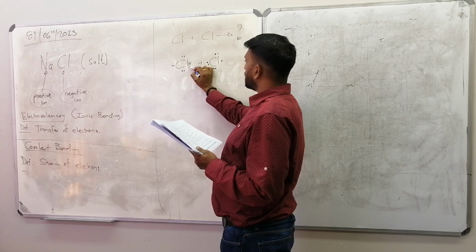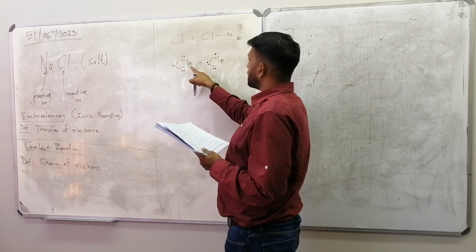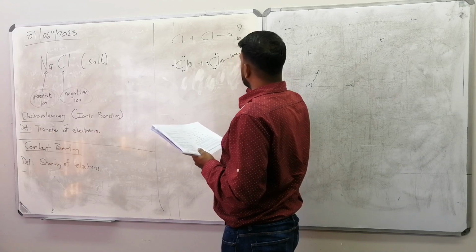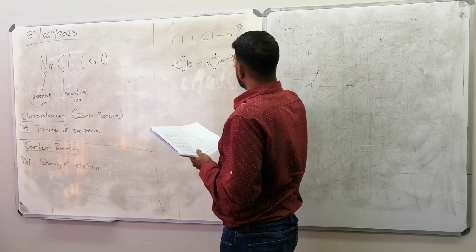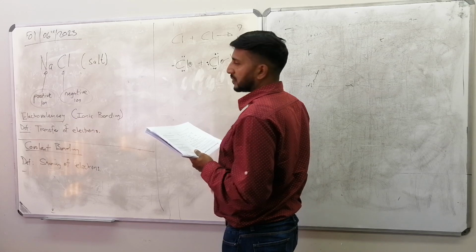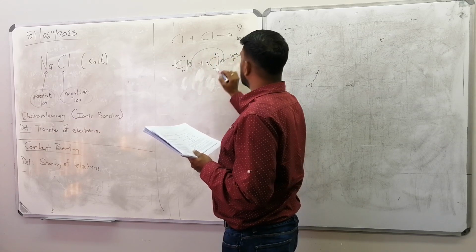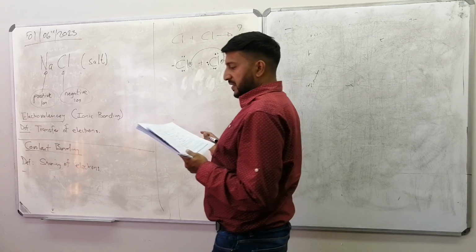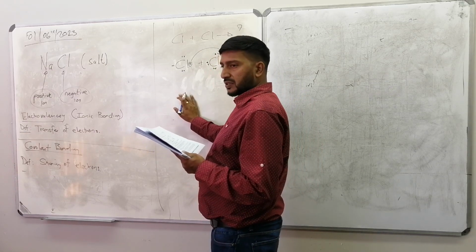So what can we see here? This electron here and this electron are called a lone pair, and these are your lone pairs. What happens is when we put these 2 electrons together,